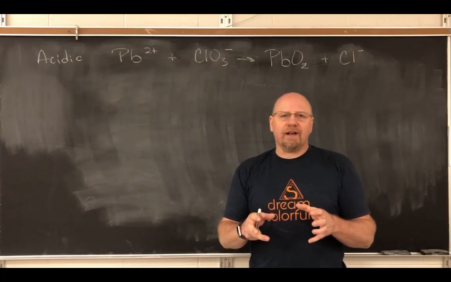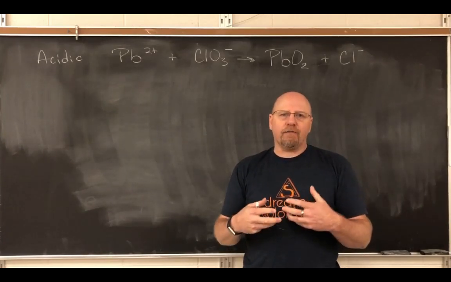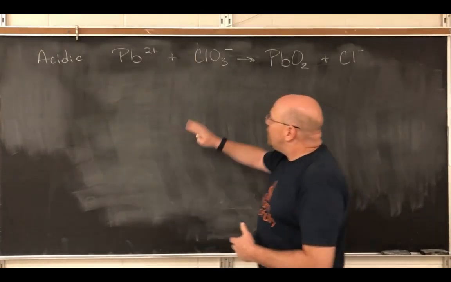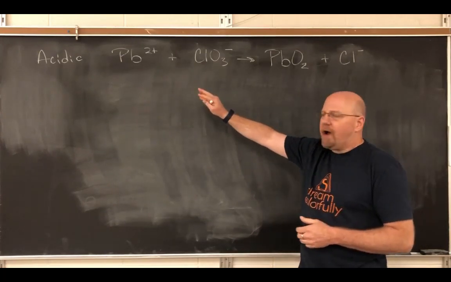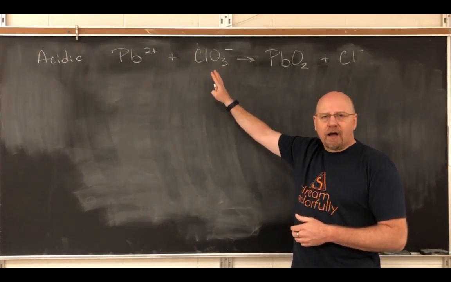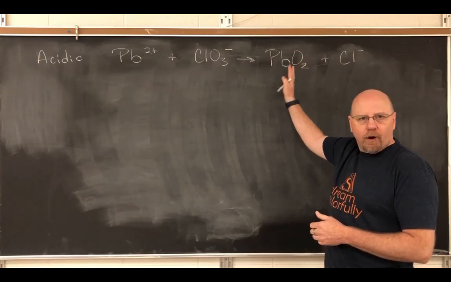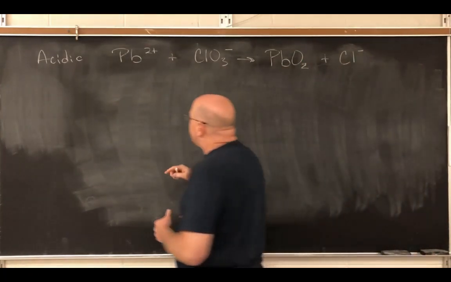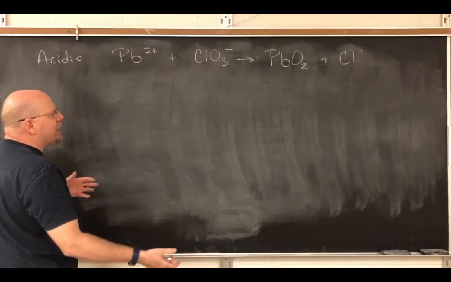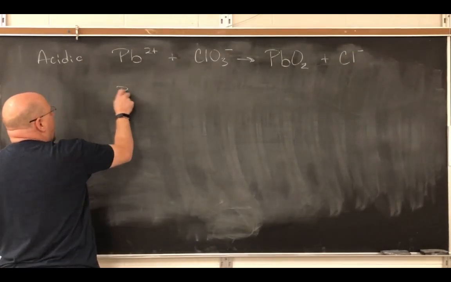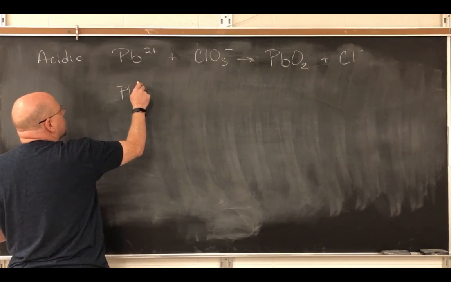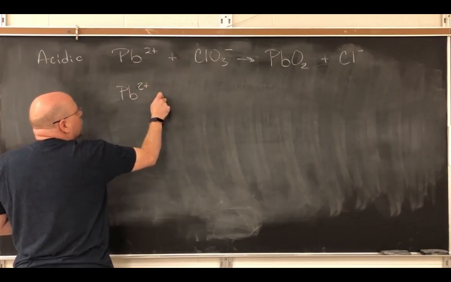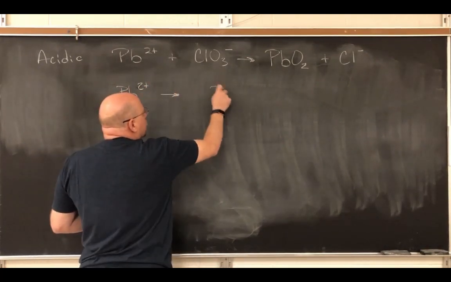First is to identify what the half reactions are for the reaction. In this reaction, we get the lead 2 ion reacting with the chlorate ion, producing lead 4 oxide and chloride ions. Our two half reactions would be our lead ion going to the lead oxide,